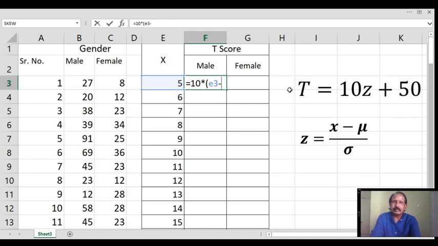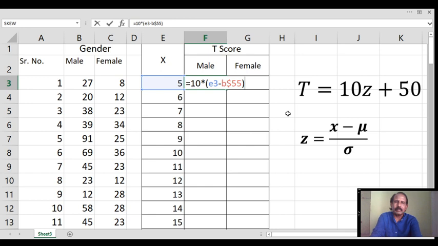But friends, remember this mean will be used while finding T-scores of all the remaining X's. Means from the number 6 to 91, we have to use this mean only. So the mean address will be common while finding the T-scores of all the remaining numbers. In such a case, we have to freeze that particular cell address. For that, we write here B, then we put dollar sign, then we write here 55. Then we close the bracket, and this we have written X minus mu.